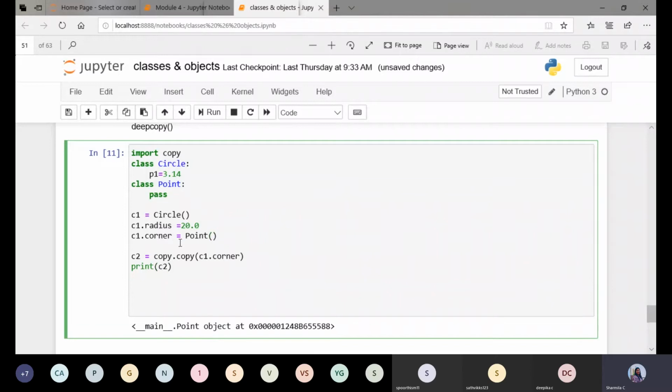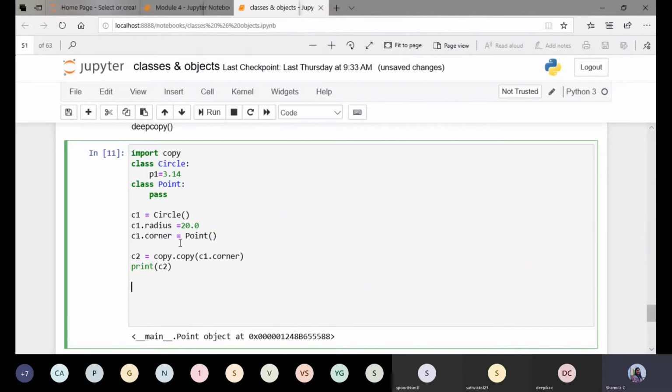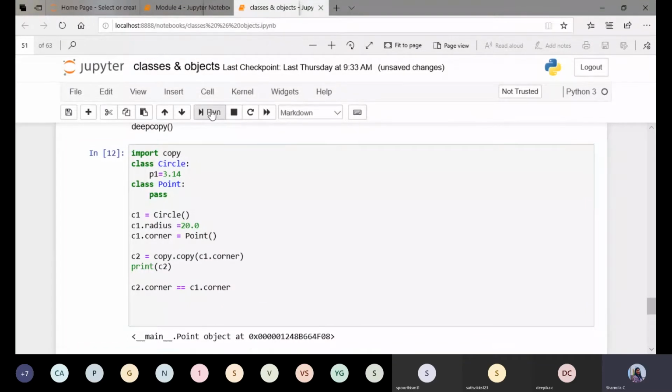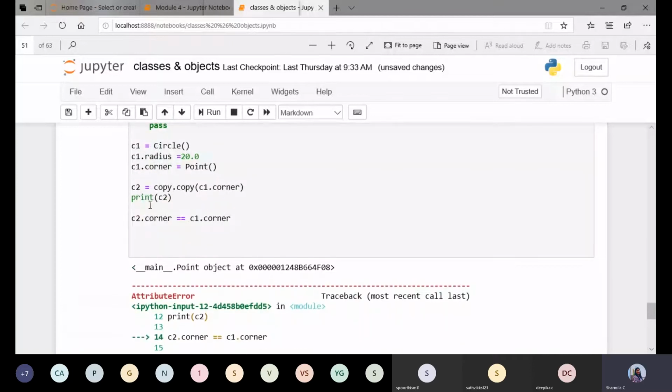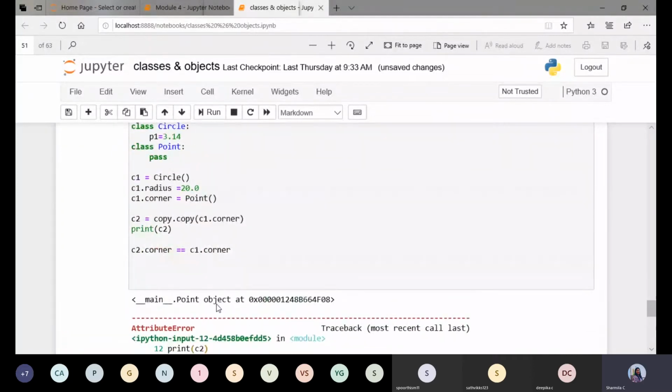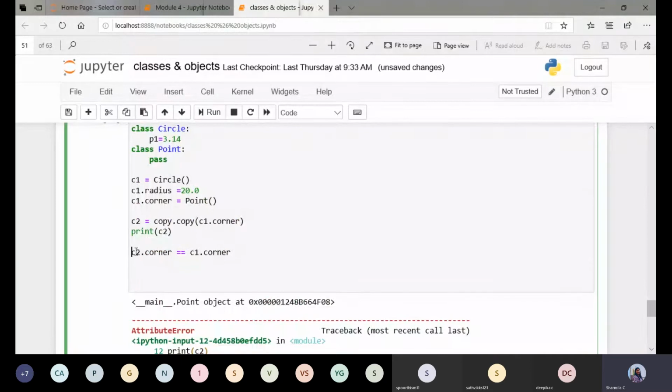Now you just check whether this c1 dot corner equals c2 dot corner. Now just check c2 dot corner equals c1 dot corner. Now just run it. You can see the error: point object has no attribute c2 dot corner.